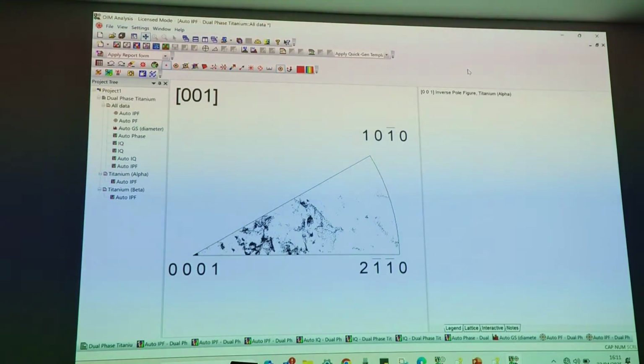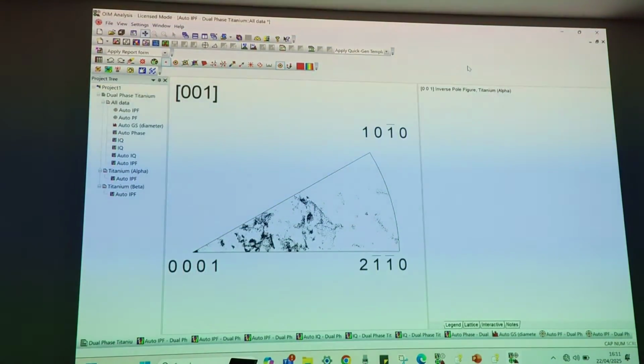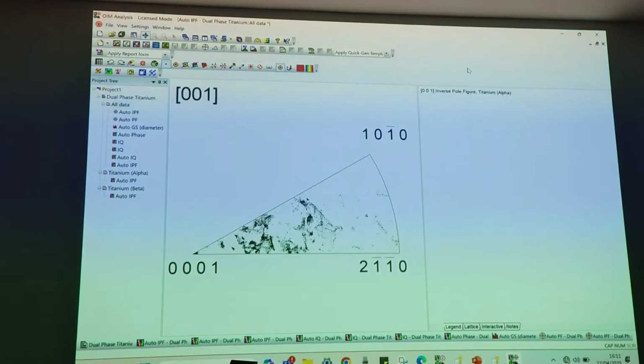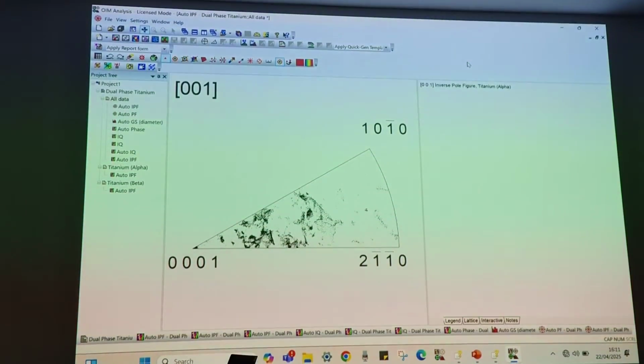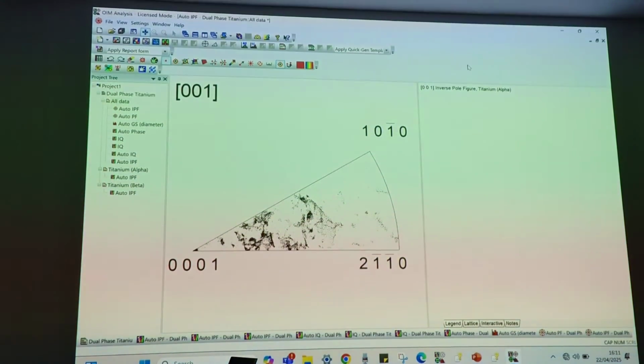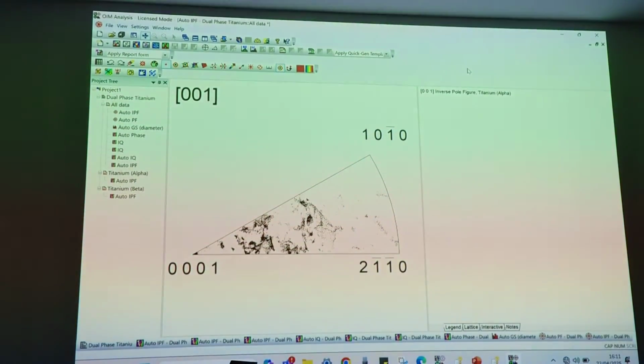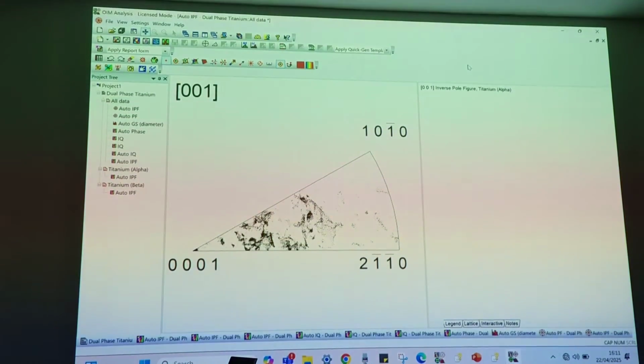You need to know what you are looking for in this EBSD. What are you expecting? Like what is your interest of analysis? Are you interested only in grain size? Are you interested only in the texture part? Are you interested in grain boundary? Are you interested in Taylor factor? Other features are also available. So are you interested in those features, or do you want to create your own analysis?